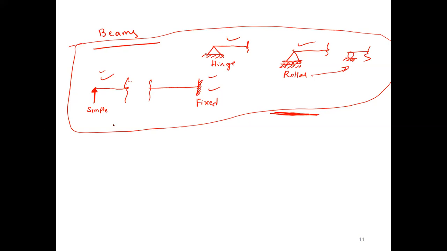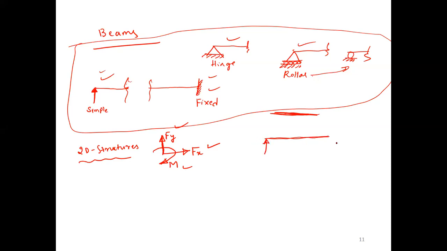Okay, now tell me, in any planar structure, two-dimensional structure, what are the possible kinds of displacements? The planar structure may be displaced in x direction, displaced in y direction, or it may displace due to rotation, moment. So in any structure, the possible ways of displacement are Fx, Fy, and M. So if you consider a beam,